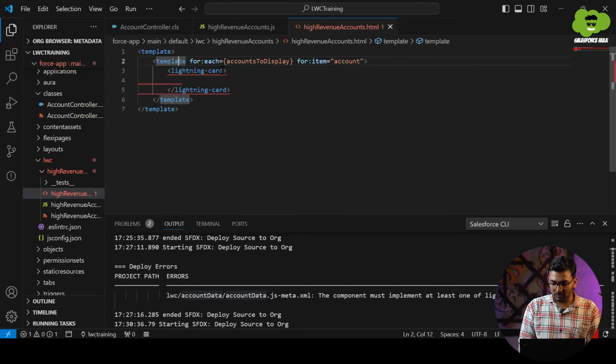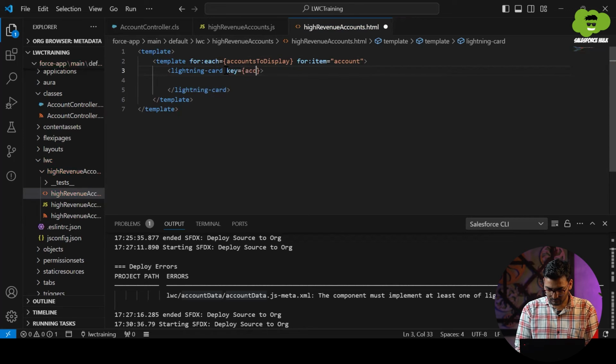Now here we have to specify the key, which is account.id. I have assigned account.id to this key property because account.id is going to be unique. So we have to always assign a unique value to this key attribute.